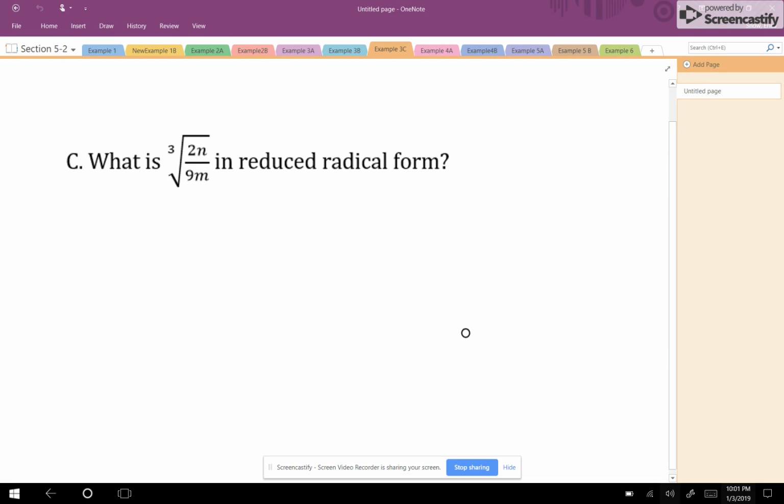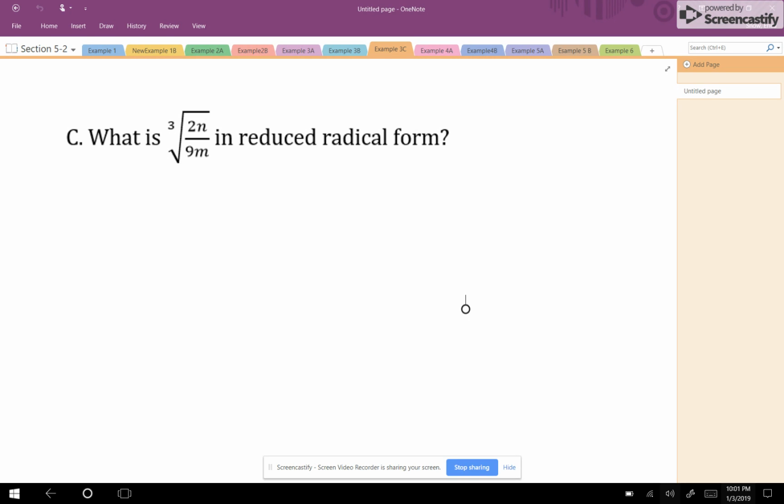So with this one, we have a cube root here, which means that we've got to somehow figure out how to not have this be a cube root in the bottom. So what I'm going to do is I'm actually going to multiply by the